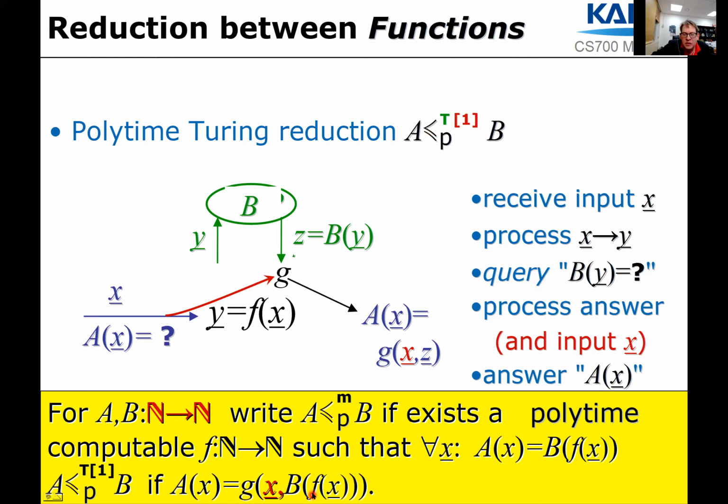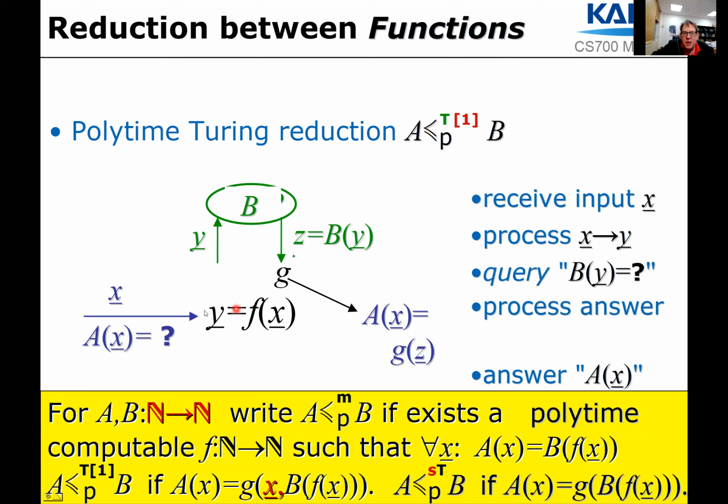The first transformation, F, transforms the original input x and then passes that to the oracle B. And then there's a second transformation that uses the answer of the oracle query plus the original input. This additional transformation is captured by a polynomial or log space computable function G, which now has two arguments,